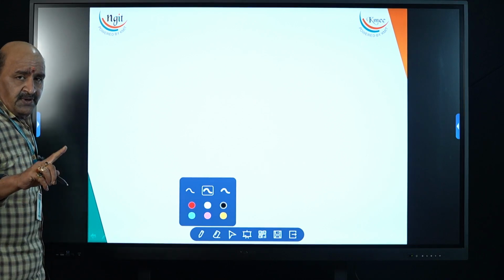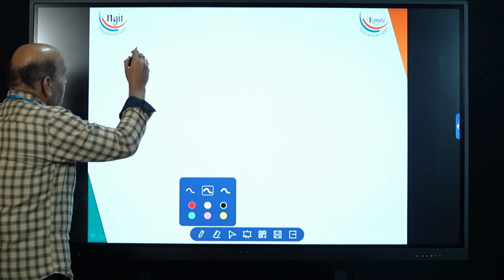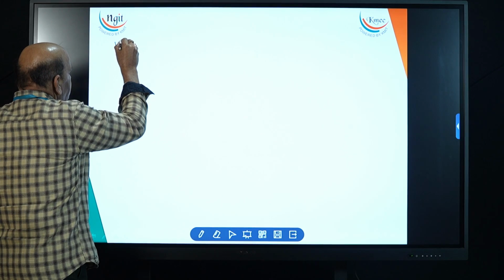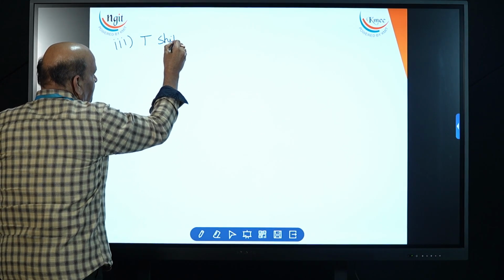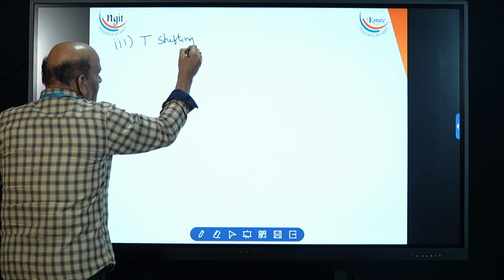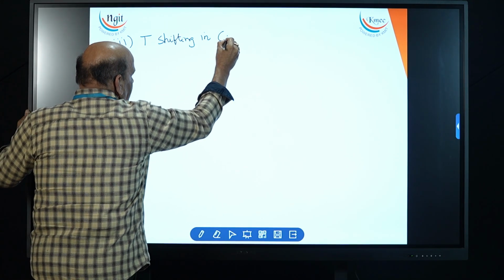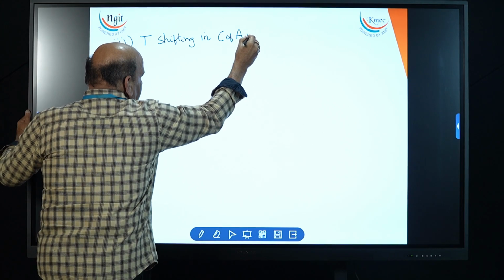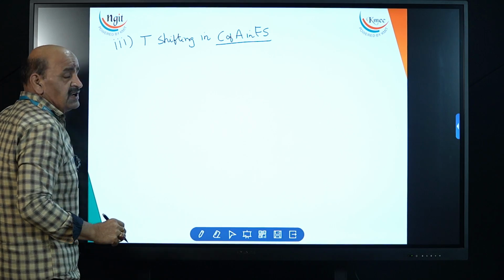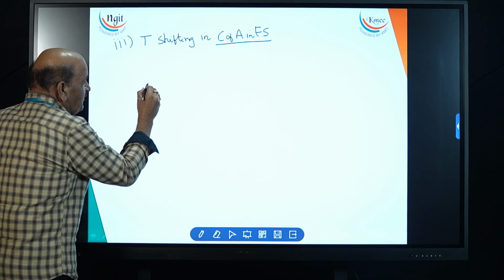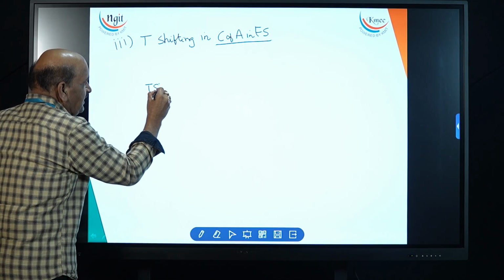Now, 2 properties we already discussed. The third property we are discussing is called time shifting, time shifting in the Fourier series coefficients. Generally what we discuss in signals, in time shifting,